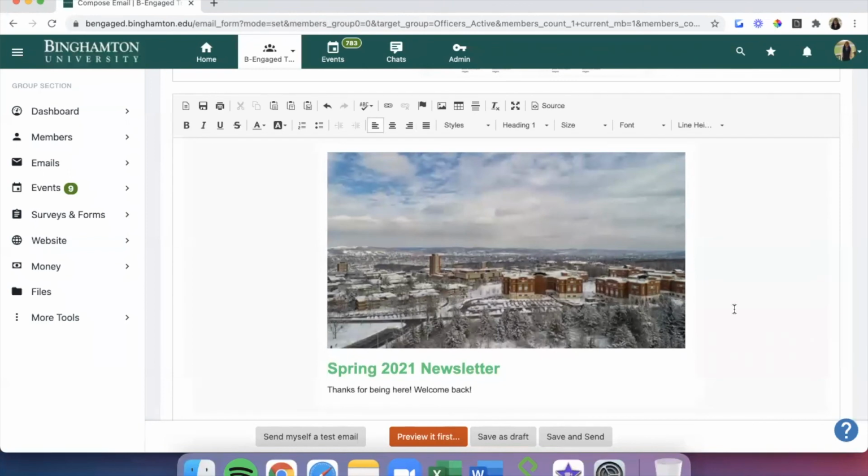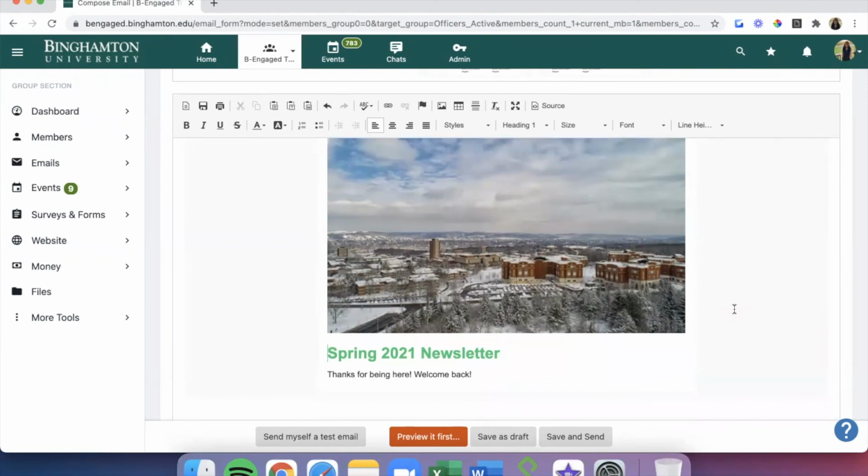We can continue creating our newsletter building on the template that we created before, or we can save and send the newsletter right from here. As noted before with the Email Builder, all other group officers will also be able to see the template that we created and used to build out this newsletter, and they'll be able to use that template within this Email Composer as well.